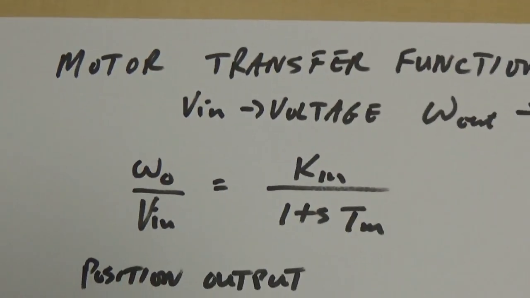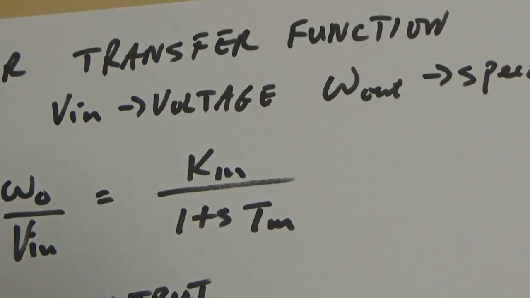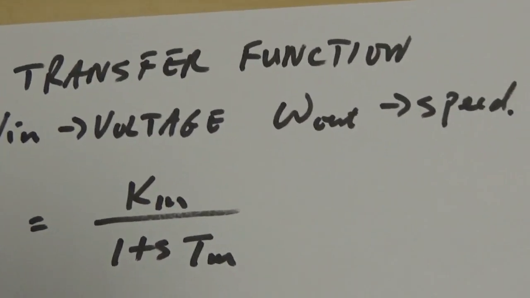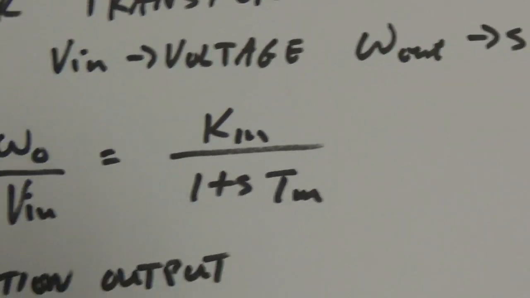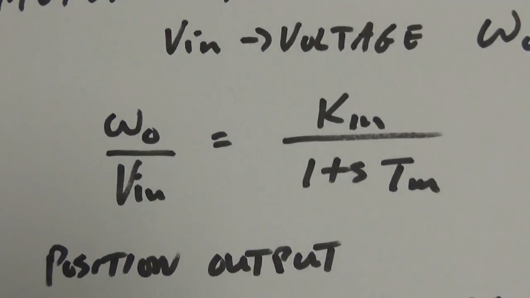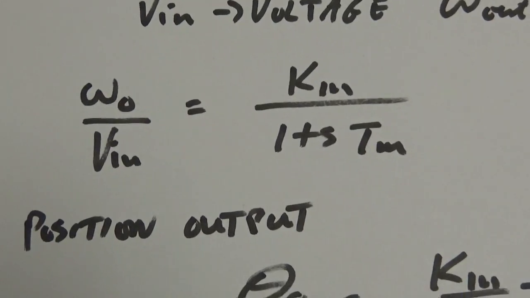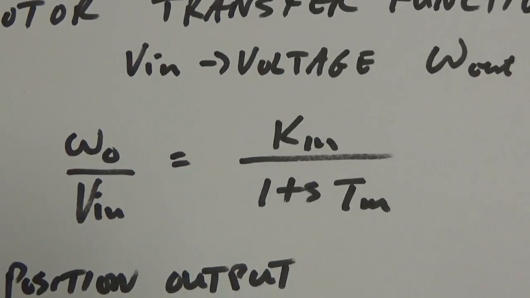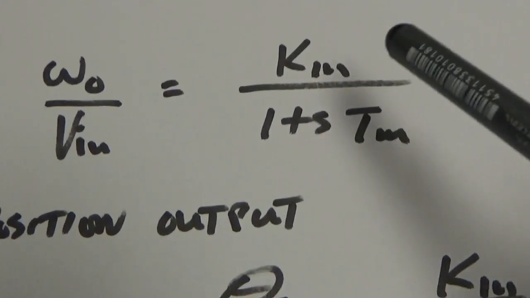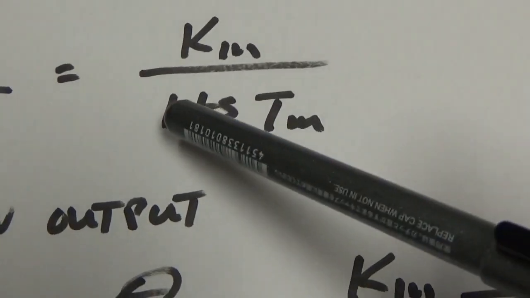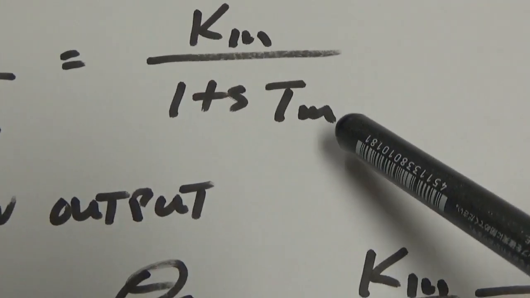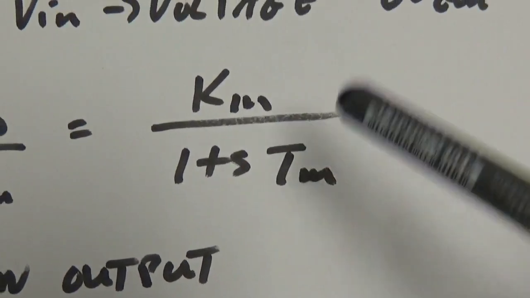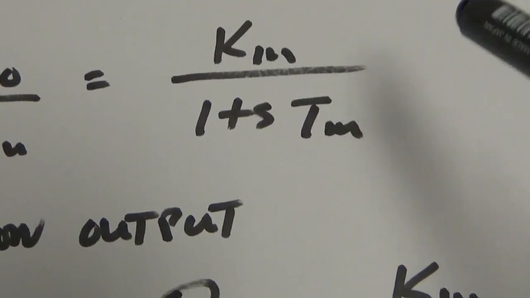So the motor transfer function, Vn is voltage and omega out is in radians per second. Then it's well known, or we can prove this very easily, that the basic transfer function, ignoring inductance, is a first order transfer function like this: Km over 1 plus sTm, where Tm is the motor time constant, that's determined by the inertia and the resistance of the armature,